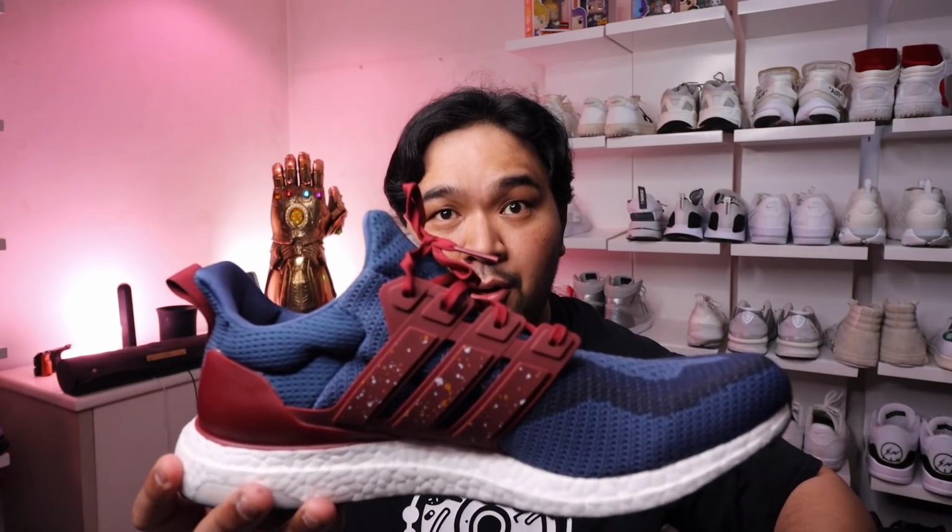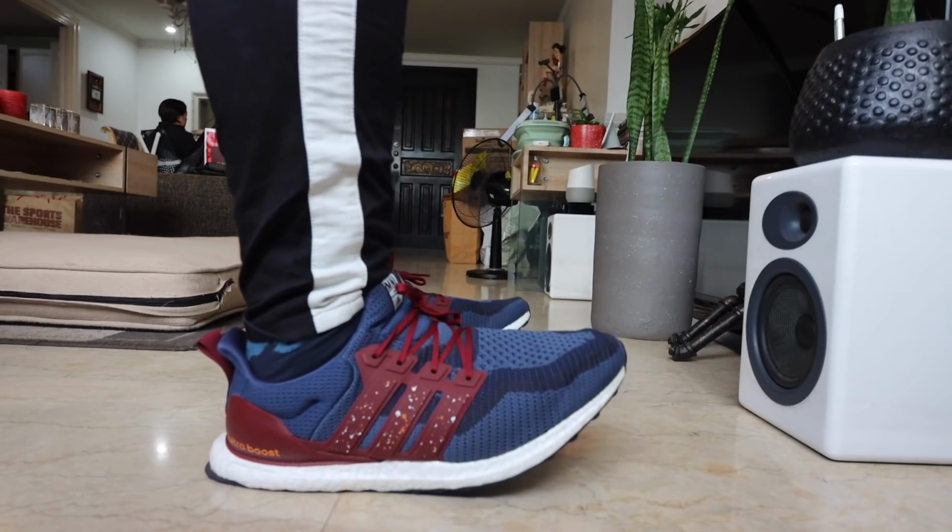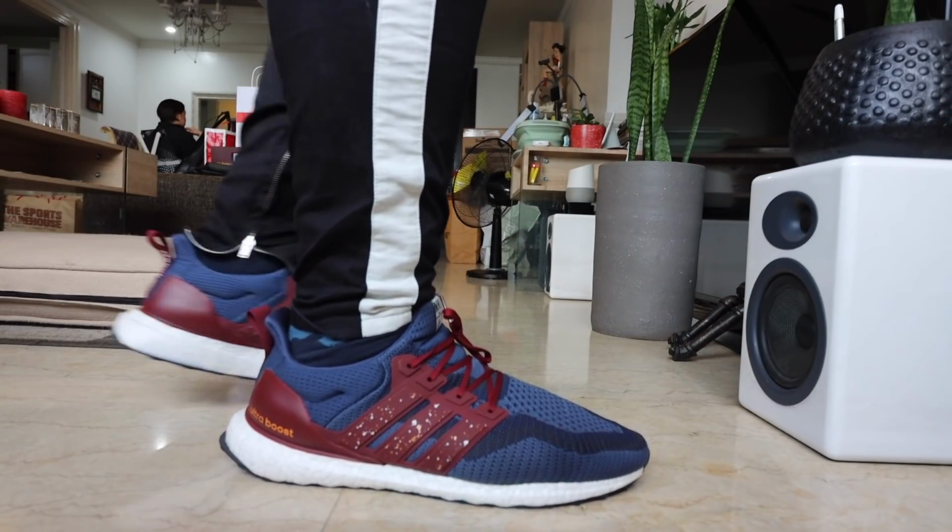Now, the third category of sneakers that I really love that are not hype are Manila or Philippines inspired shoes. Now, the first one, of course, is the Adidas Ultra Boost DNA City Manila. I did a review of this already and featured it on the channel, but ultimately it's basically an Ultra Boost that's inspired by the Philippine flag colors. So the upper is some different shades of blue, and then you have that maroon red cage and